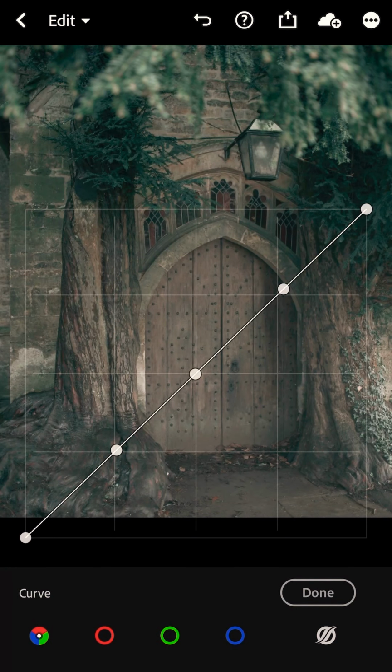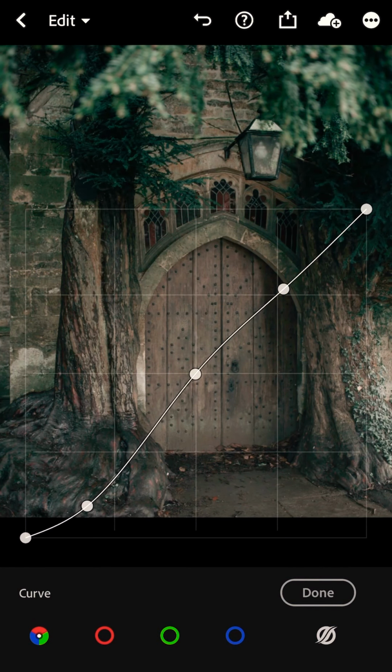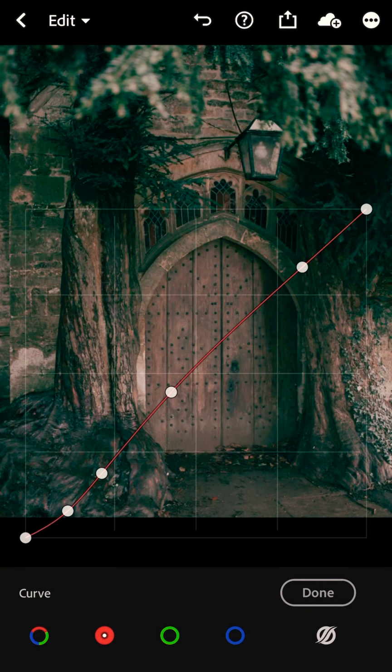Oh man, this is my least favorite part of editing photos, the color curves, because I don't really know what I'm doing. I just know that I'm playing around with the highlights, the mids and the shadows and all the different color channels. But if you are like me and you don't like playing around with color curves, you